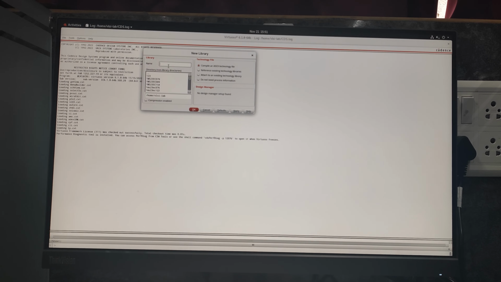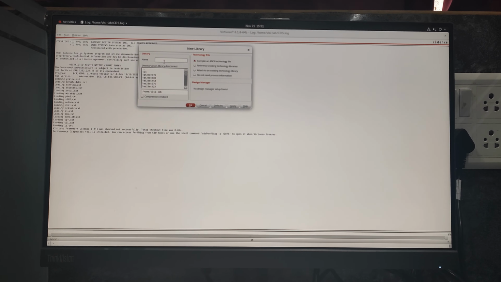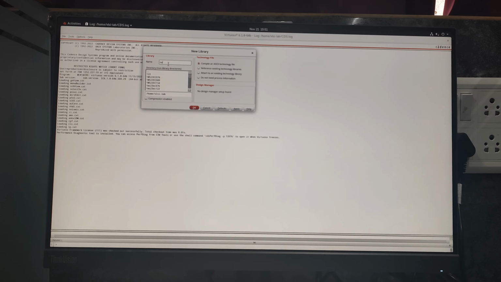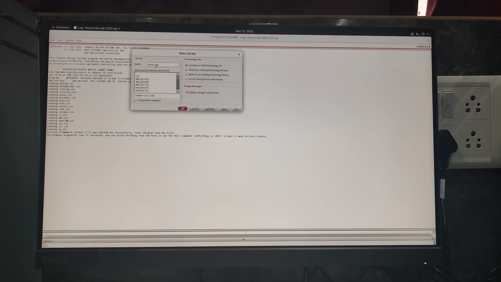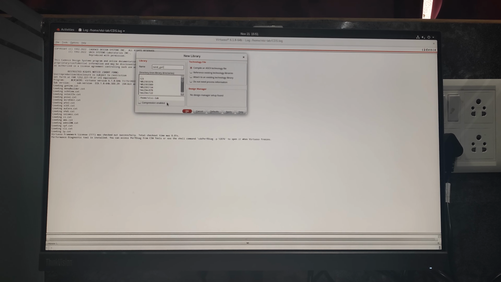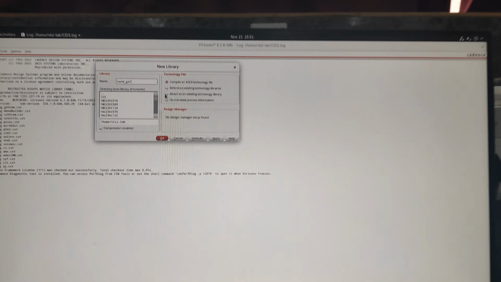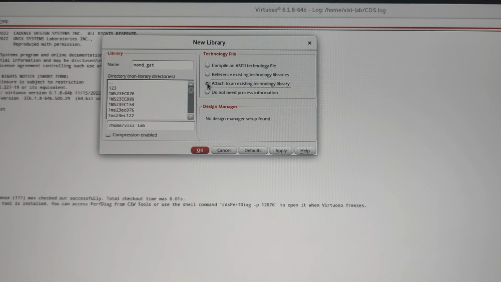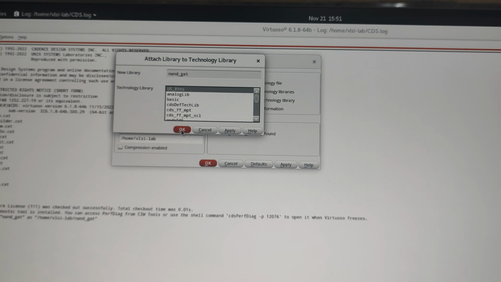So I'll just do a simple NAND gate. I'll just give the name as NAND underscore GAT, that is enough. Okay, then you have to click on attach to an existing technology or library. Click on this, then click on apply. Okay, then just click apply